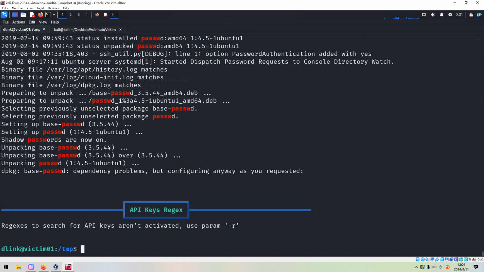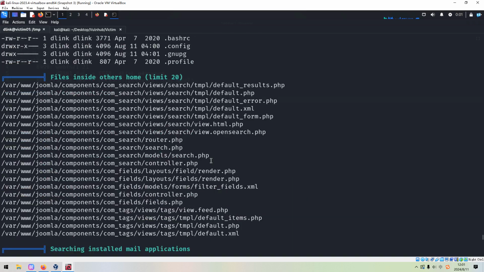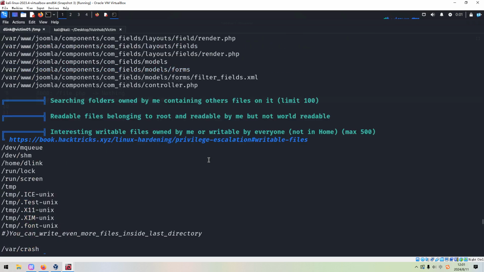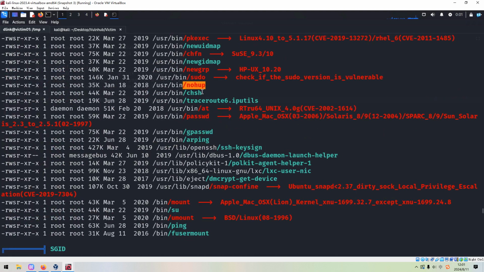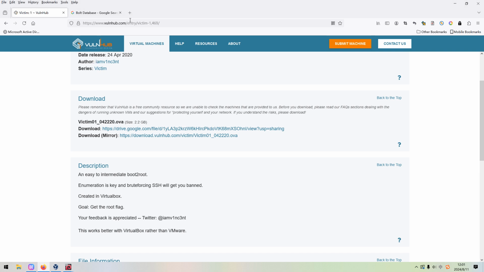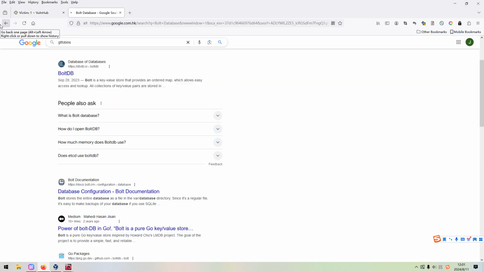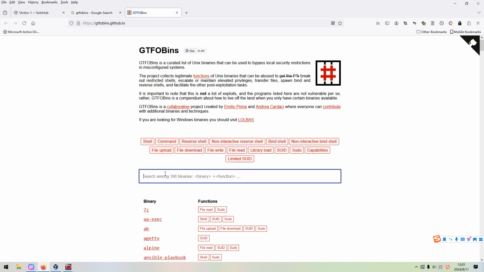Maybe I'd like to scroll up because I cannot remember it very clearly. SUID. Yeah, this one, nohup. So we can go to the website of GTFOBins, and nohup.